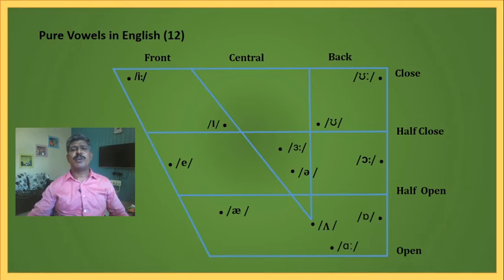Similarly, when we move to the third vowel, we can understand that this is also a sound at the front part of the tongue. When we think about the height of the tongue, the height of the sound, then we can understand that it is between half close and half open. So this sound will be termed as front. When we talk about the position of the lips, obviously when we say A, it is unrounded, they are a little bit spread. Hence, A will be front unrounded vowel between half close and half open position.